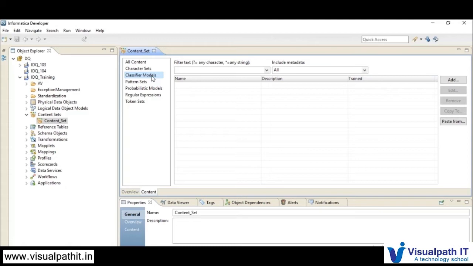For example, you are working on multi-country data. Let's say you have Facebook or any social website, which can be accessed in any country, so you can type in any language. You are working on such a project and you want to classify, in the sense of grouping together, so you want to understand what all is coming in.